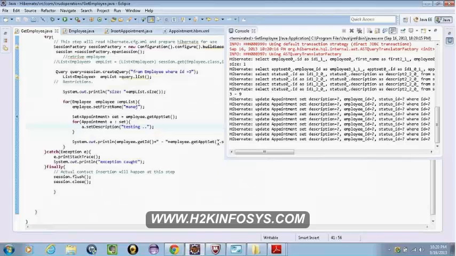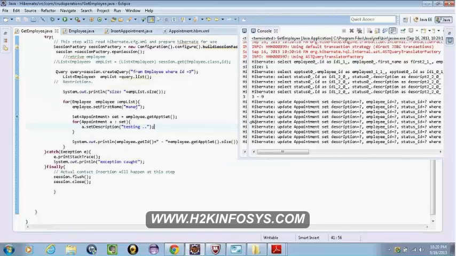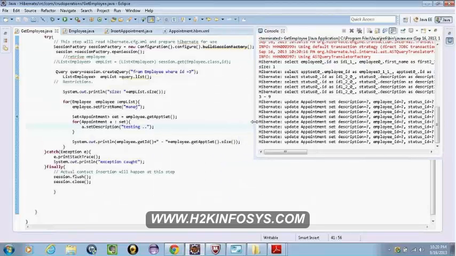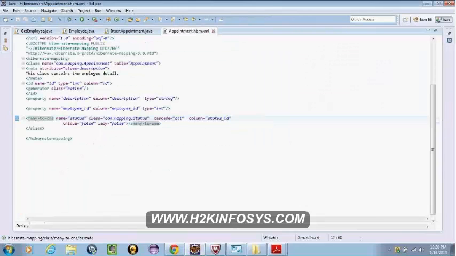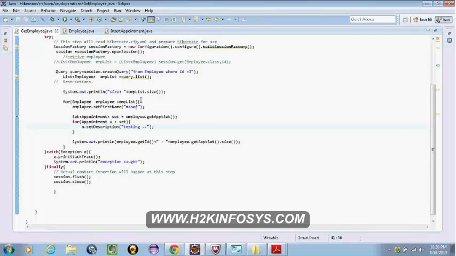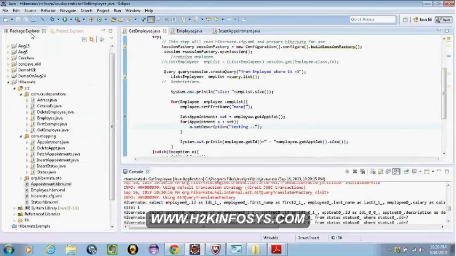So how do you insert the 9 in that one? Is it auto incremented or what? You inserted something before executing this one, right? I executed the appointment and I said cascade is equal to all, and that is the reason status also got inserted into the table.